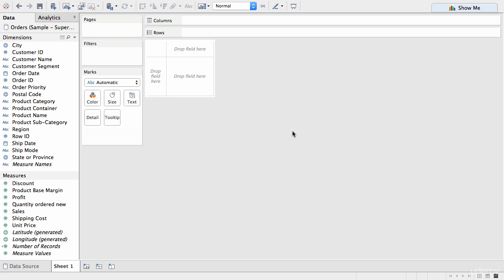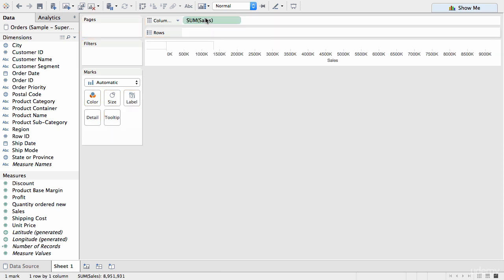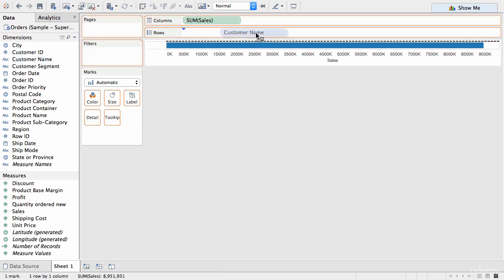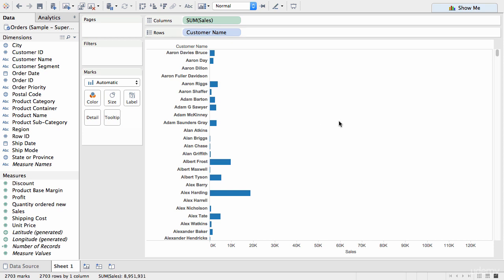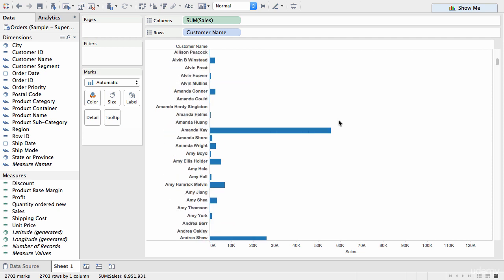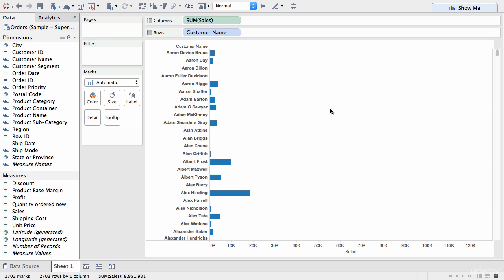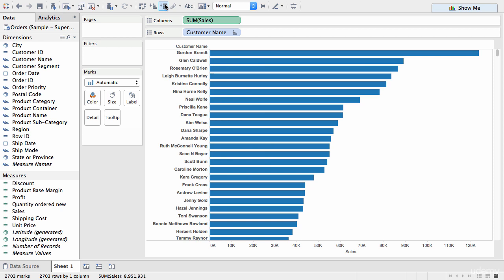Okay, so we'll show an example of how we can use a parameter to control a filter value. Once again, we'll use our sample file and we'll drag sales on top of the columns and the customer name into the rows. Now, we'll get a little warning saying that there's quite a lot of members, but that's okay, we'll just add them all. And this is a complete list of our customers and their total sales. Now what I want to do is actually sort it. So I'll click on sum of sales and sort it in a descending order,